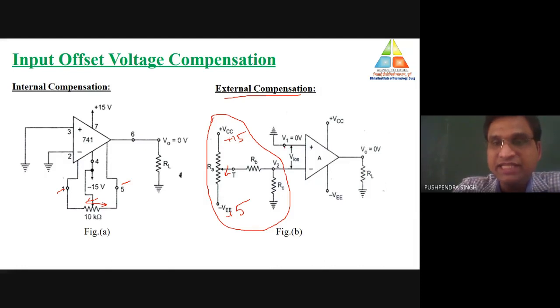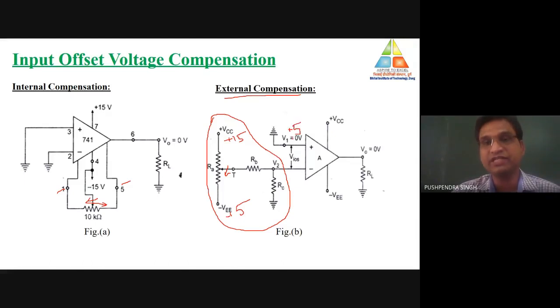So if V1 is high, that means the output is at positive saturation, then we need to move the wiper in the negative direction. Why? Because we already have the output at positive saturation voltage. So to compensate this, we need to minimize the value of the output. How can we minimize the value of the output? By increasing the negative voltage over here, or we need to increase the value of voltage here, V2. Suppose here the value of V1 is plus 5.